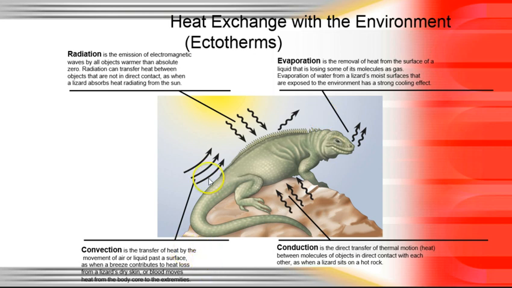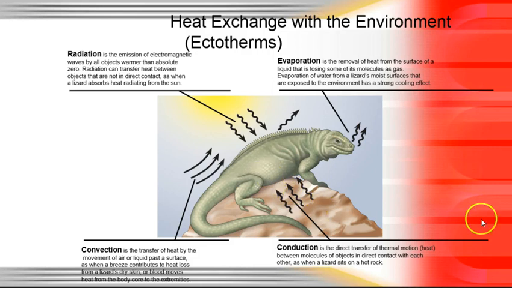Convection is where you have air or liquid, so liquid would be in the case of aquatic animals. So you have this liquid moving past, okay? A breeze, by the way, moves that warm air that's radiating off of the lizard itself. It'll move it away, okay, and that's what convection is. And then conduction is where you have a direct transfer. So you'll see lizards, snakes, all these reptiles, laying on hot rocks, okay, and that is conduction, a direct transfer.